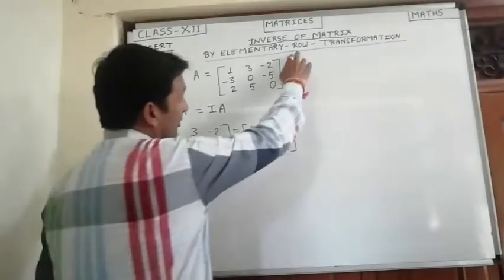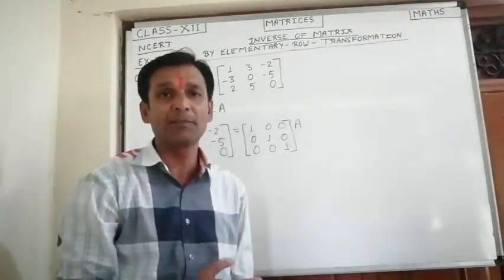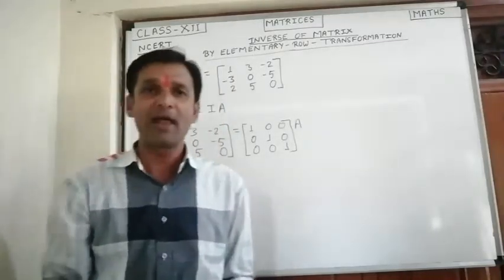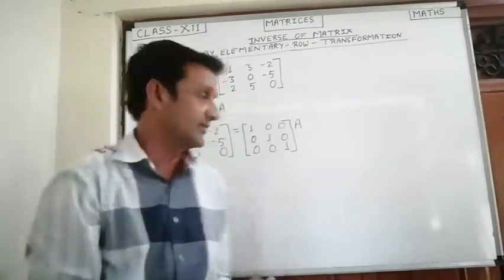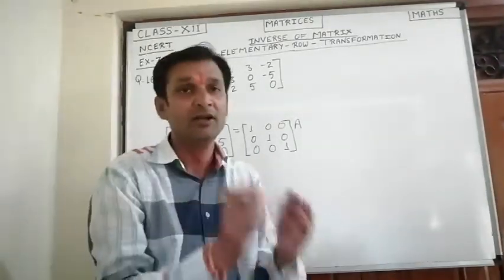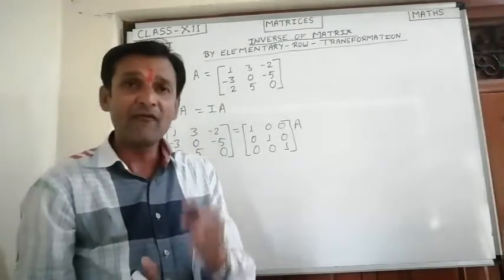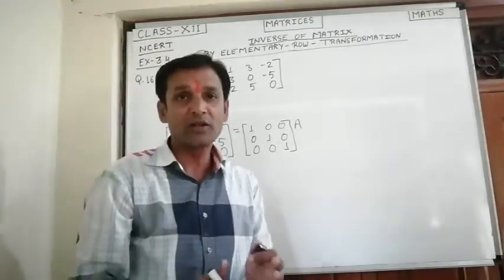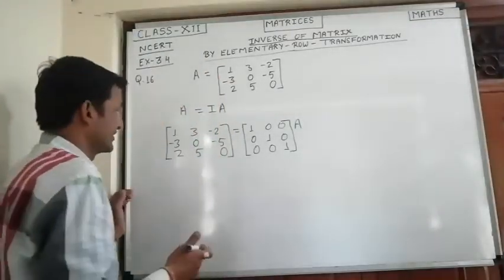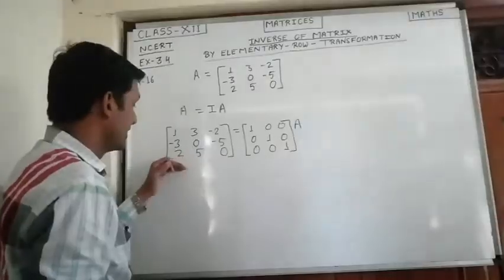Now let us talk about row transformation. Row transformation means we have to apply all the properties in rows. In a 3 by 3 matrix we have to apply at a time 2 properties. It is not compulsory that we have to apply 2 at a time, we may apply 1 or we may apply 2, not more than 2. If the order of the matrix is 3 into 3, then we have to